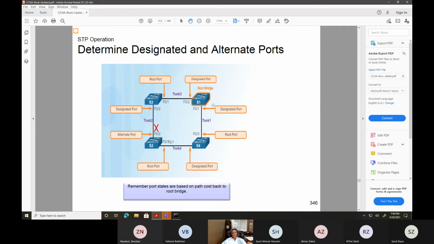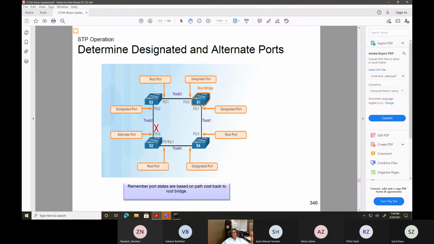So this is the root bridge. These are the designated ports. Anything facing the root bridge becomes a root port. Designated ports are only those which have the root bridge on top of them. If I'm the root bridge, I'll have designated ports going out to the other switches, and all other switches facing the root bridge will have root ports.